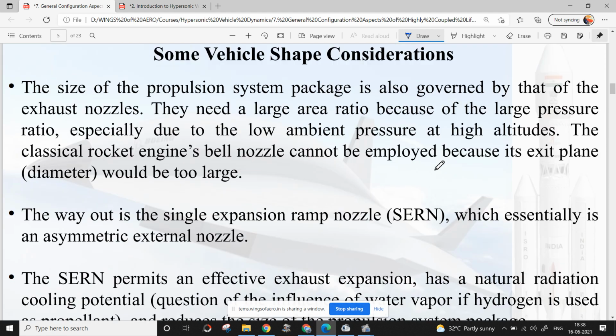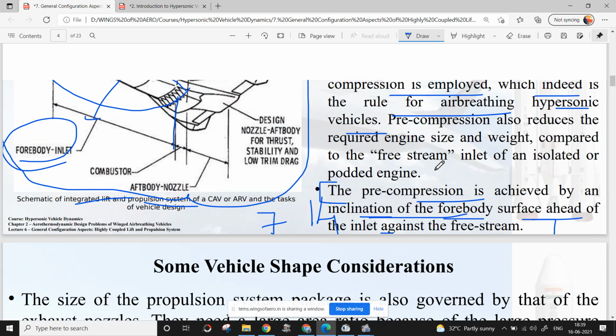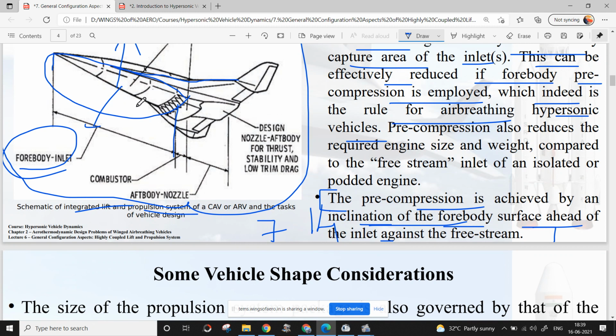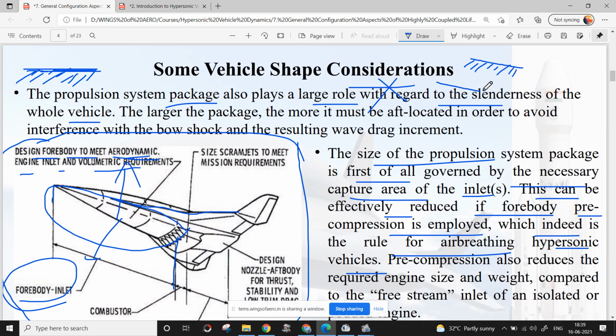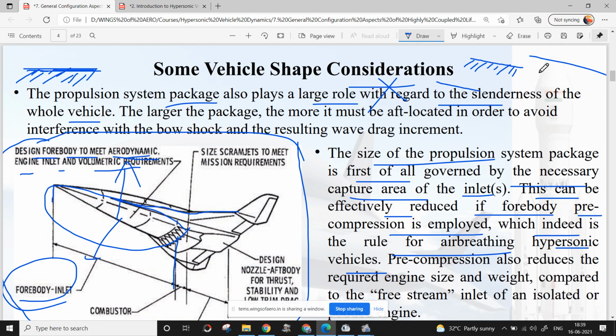So how are we going to get the successful propulsion system? Because we are going to develop a single stage to orbit concept, or even a cruise and acceleration vehicle. To implement that, we need a special type of nozzle. Okay, so engine inlet, now we have understood, right? Engine inlet, surely the forebody will help us, because the inclination will help us to increase the pressure, right? When there is a surface with an angle, it will help us to increase the pressure more than a flat one.